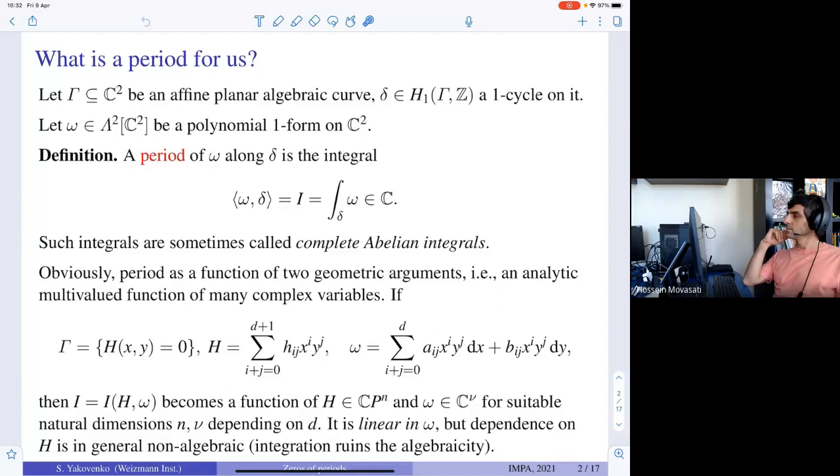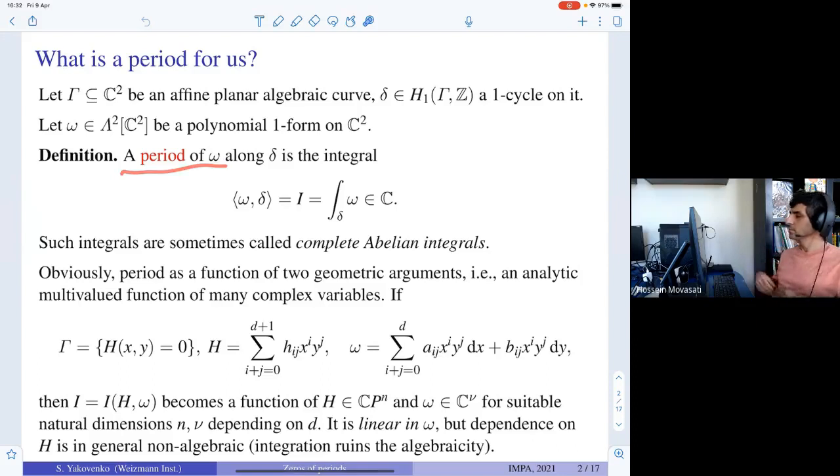So we have a real algebraic curve, and delta is one of the ovals of this algebraic curve. Now take another ingredient, a polynomial differential one form on C2. Once again, it was initially assumed to be with real coefficients. And then the period,